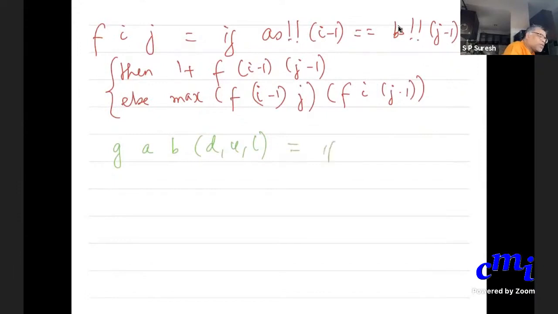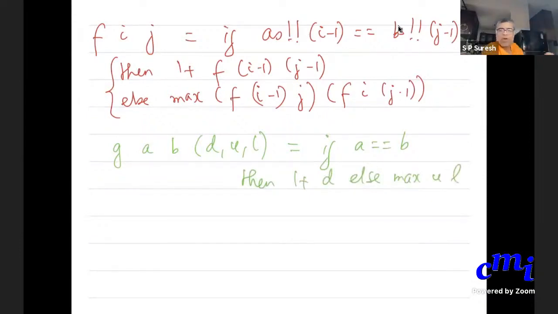g of a, b, d, u, l is nothing but: if a is equal to b, then 1 plus d, else max of u and l. I'm not doing anything fancy.